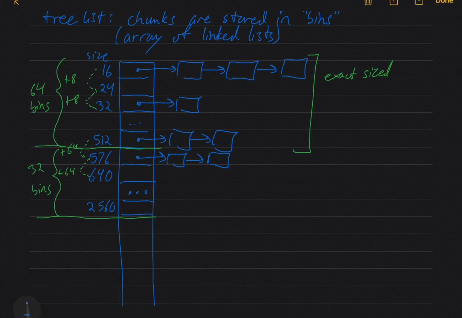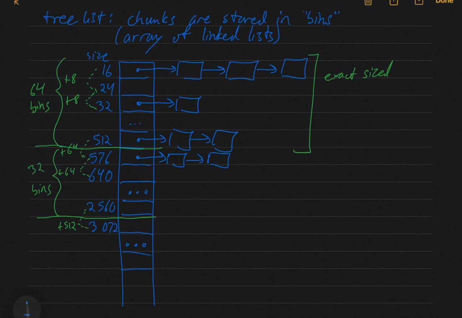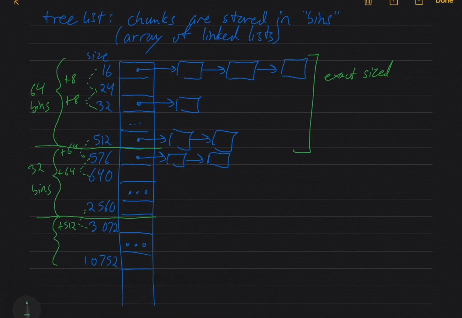So these are going to be increments of 512. So 2560 plus 512 should be 3072. So the increment there is plus 512, and this goes up to bins up to 10,752, which is probably 10 kilobytes. So we have 16 of these bins,